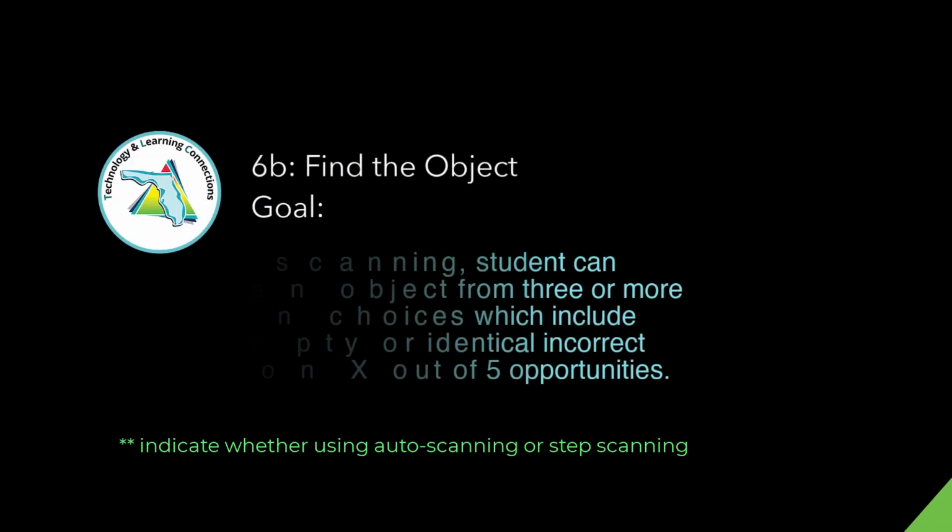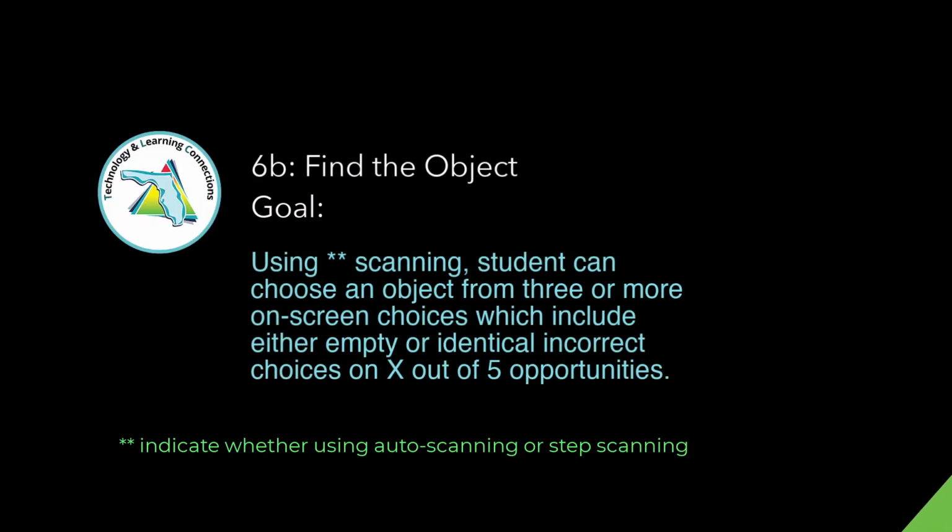An appropriate goal for Step 6B, Find the Object, might sound something like, using either auto-scanning or step scanning, the student can choose an object from 3 or more choices, which include either empty or identical incorrect choices on X